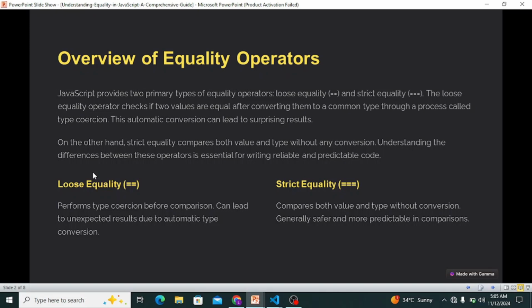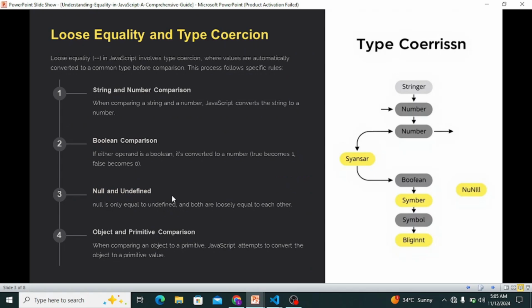Now when using this loose equality, it follows some rules for type conversion. It follows some different kinds of rules, guys. Number one, we have the rule called string and number comparison, where if one operand,